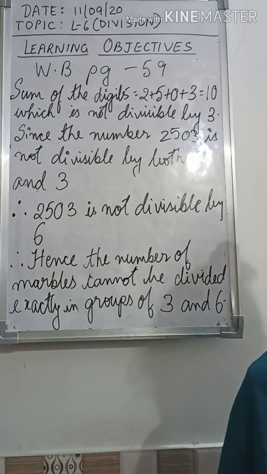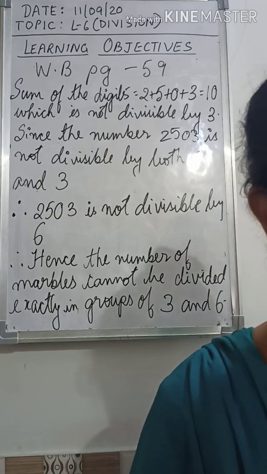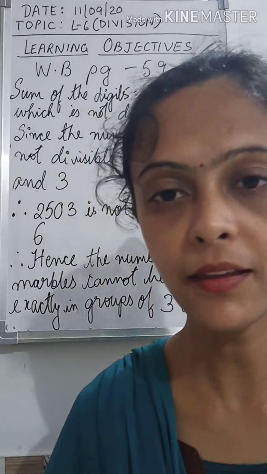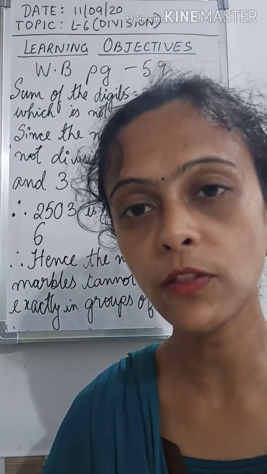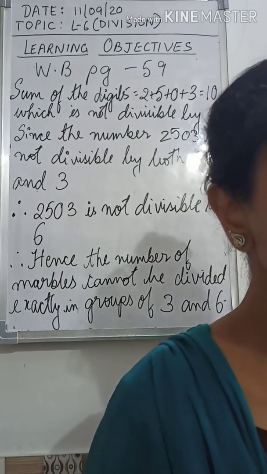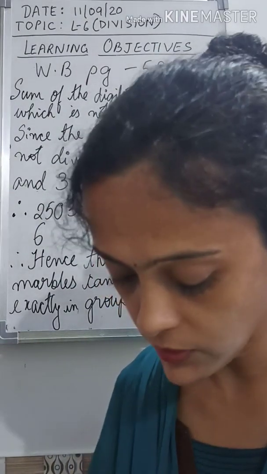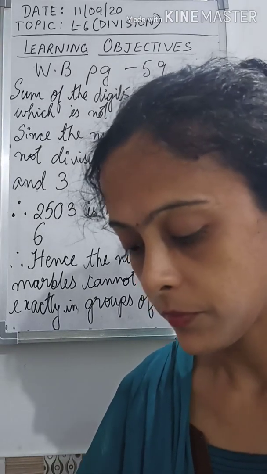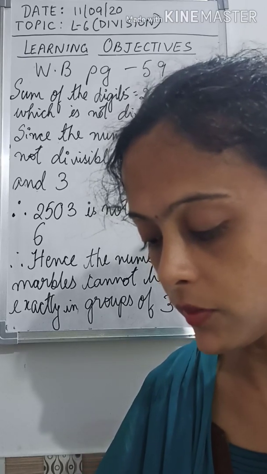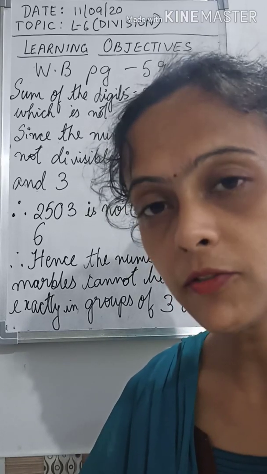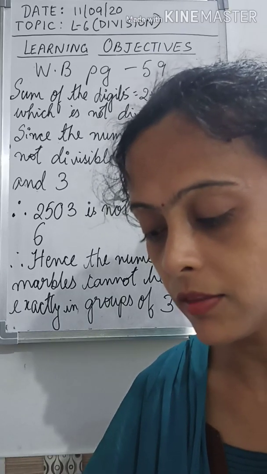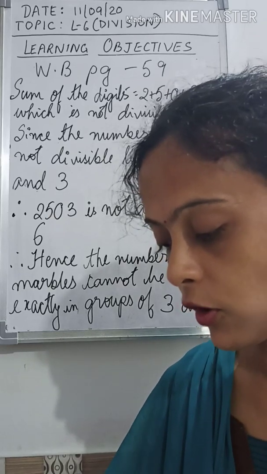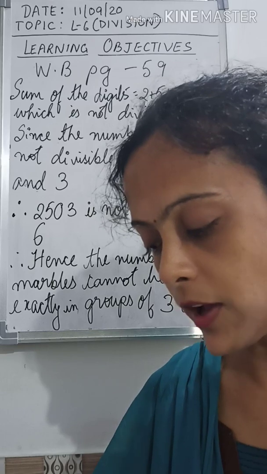Now question number 19. This is also your homework because we have done two similar sums in questions 15 and 16. The same process that you used for 15 and 16, you are going to do for question number 19 also. What is the question? Keshav has 3,125 plants. You just write the statements. The total plants Keshav has equals 3,125. The number of plants in each row equals 25.